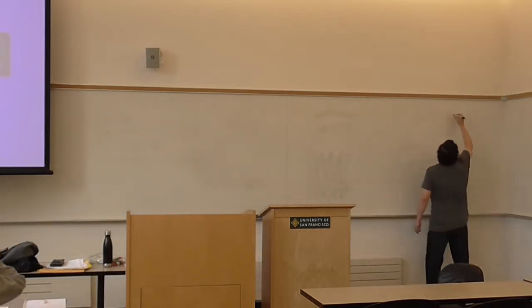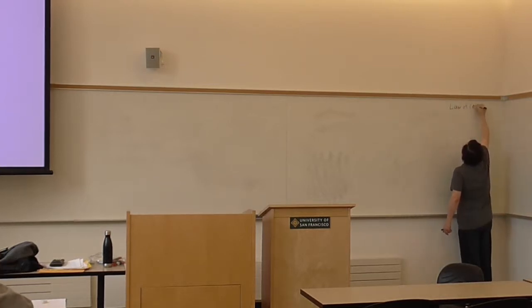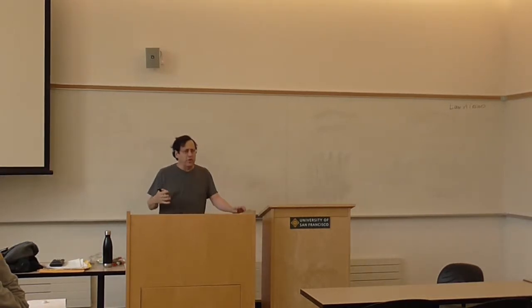Today, the subject is the law of cosines. We'll get to that in a minute. It does sound kind of good. We had the law of sines. We have the law of cosines. It sounds kind of copacetic, symmetric. There will be no law of tangents, or cotangents, or secants, or cosecants. But,